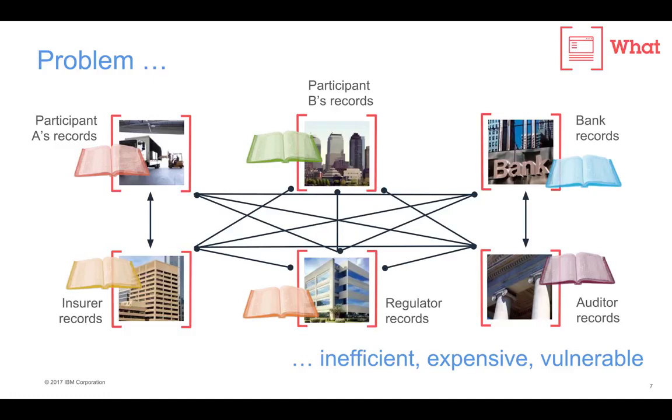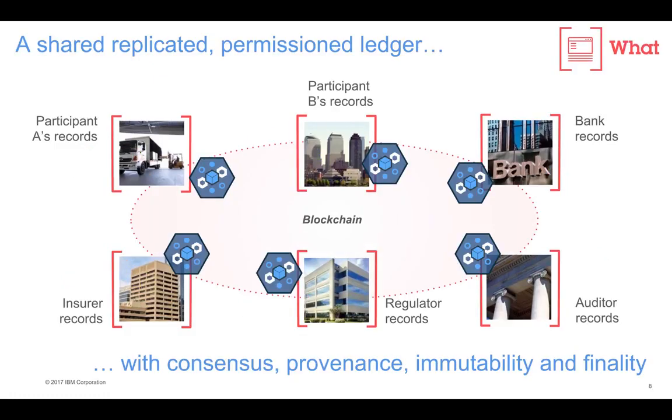And if you were to take this to the next level, we are trying to solve the problem by flattening that entire shared business process to a single infrastructure with a shared replicated permissioned ledger. I'm going to spend some time on permissioned versus permissionless in a minute. But the idea here is that with blockchain architecture or blockchain-inspired technology design, we essentially want to ensure that all the participants in the network have the ability to share the common ledger that's updated every time a transaction occurs